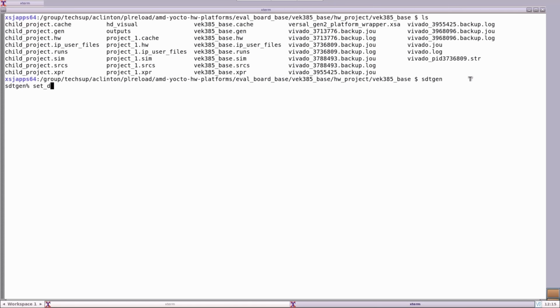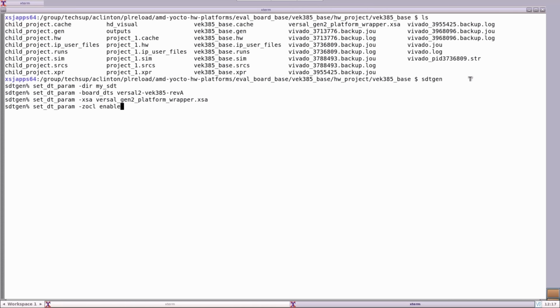Set dt param directory mysdt creates a directory in which your system device tree will be saved. Set dt param board dts defines the target board that will be used. The target board used here is the VEK385. Set dt param xsa will attach your Vivado project hardware to the system device tree. To make sure there is a proper handoff between device trees, run set dt param zocl enable.